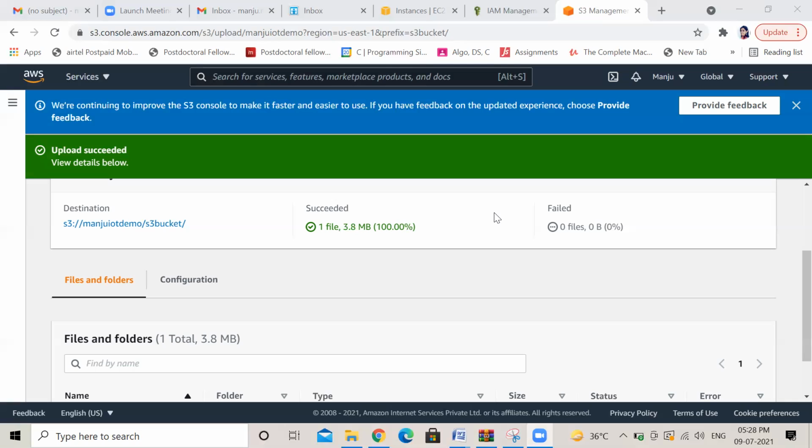Is that what you mean to say? Yes, you can save it in the S3 bucket, but not only S3, there are different kinds of storage. You can directly save it to a database also. So there are different ways of storing. I have just shown you S3, which is one of them. You can take it from here to the database, and then you can create a dashboard and find the patterns.